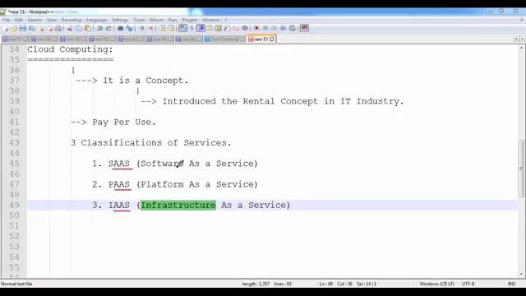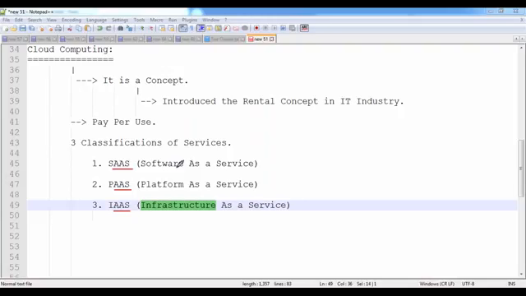That means everything is provided to you as a service. Service means you can take it on a rental basis. A product we need to buy. Suppose, for example, a mobile network. Mobile network is a service. How do we access it? Through a SIM card. What is the cost of a SIM card? 10 rupees or 50 rupees at most.